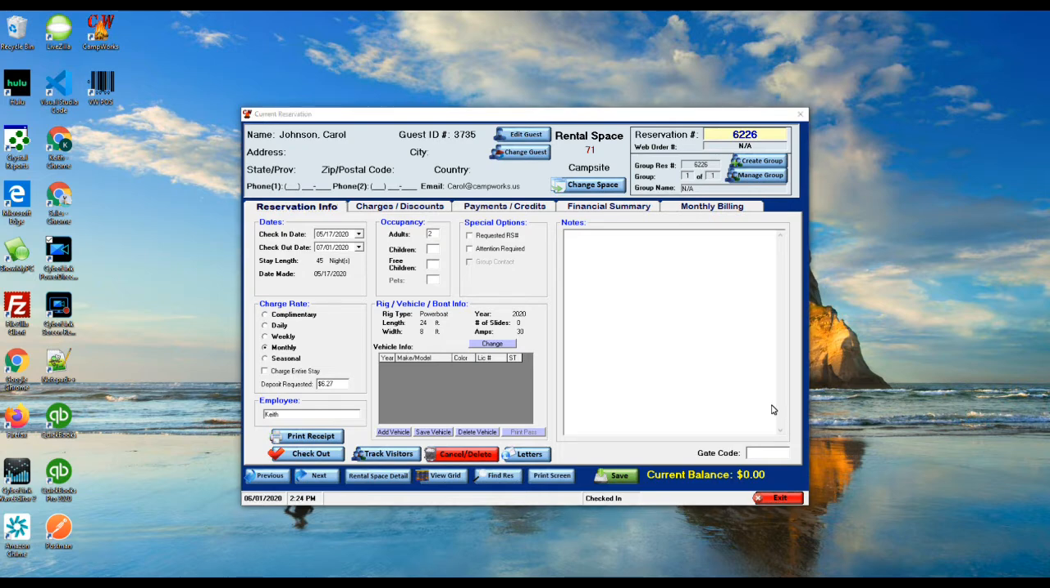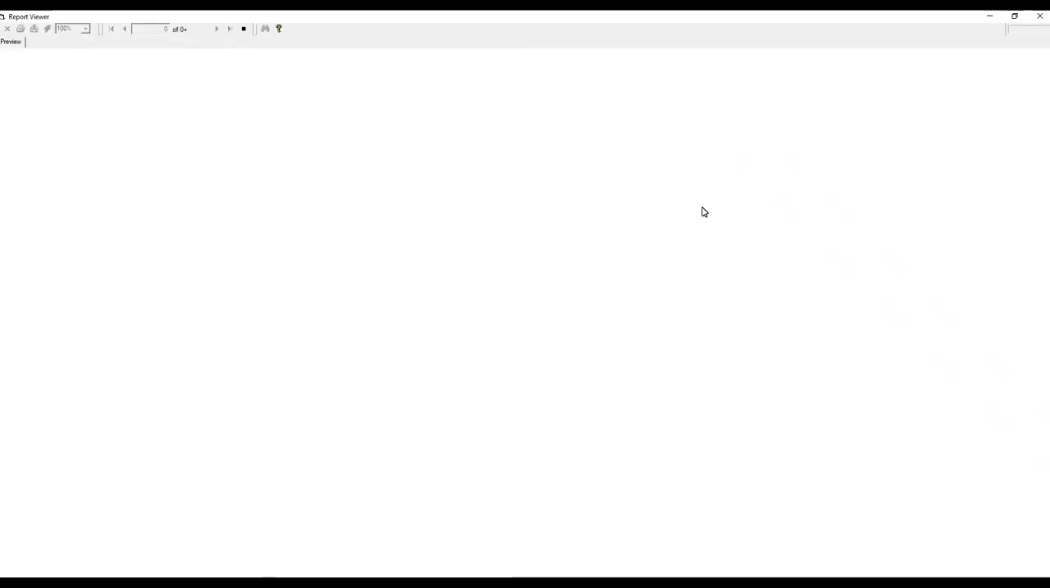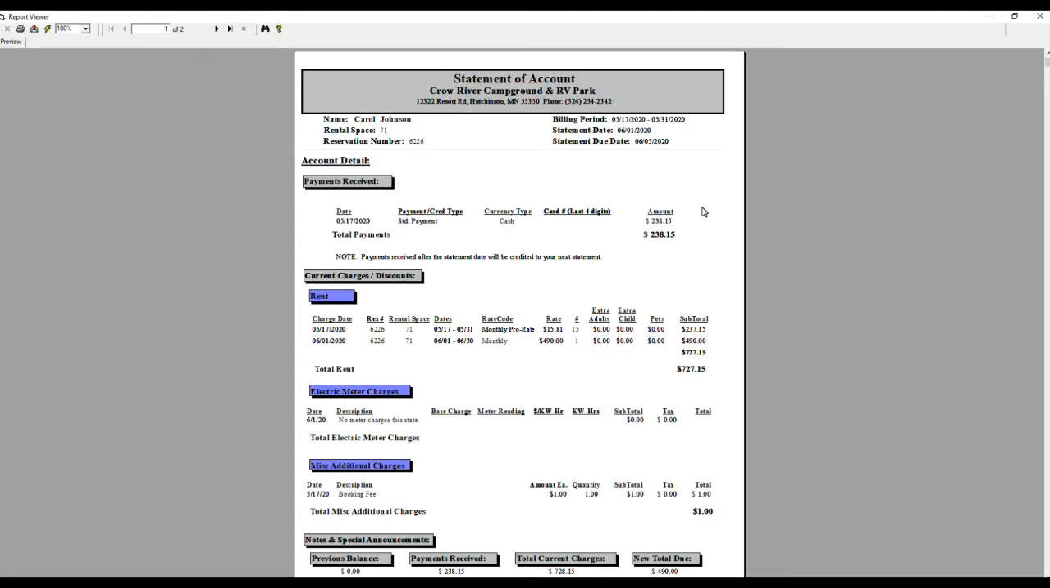Now we have fast forwarded in time to June 1st, and it is time to create a statement. There are several ways you can do this. First, I'm going to go into the monthly billing tab and create a statement manually, so you see how that works. So let's hit create statement, and this now creates our statement of account. You can see what had been billed on 5/17, and now we have the new rent charge from 6/1 to 7/1. Monthly $490 has been added in,